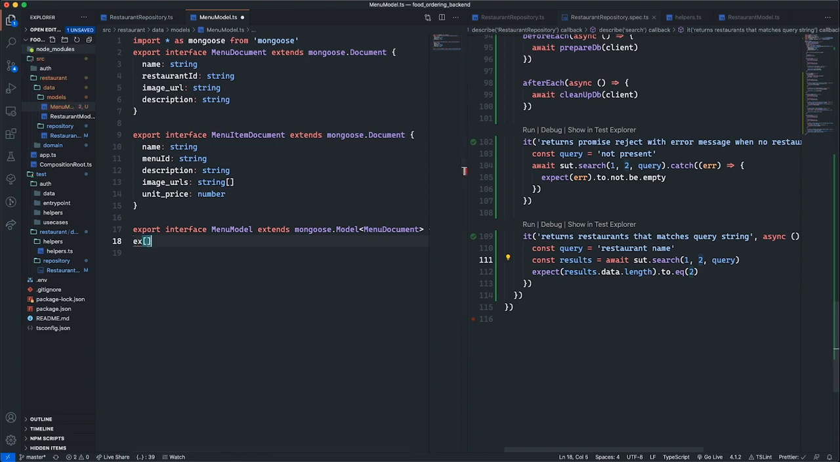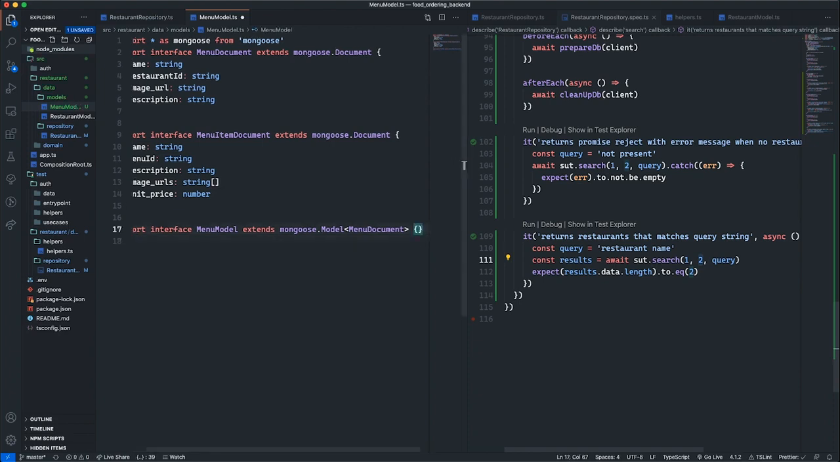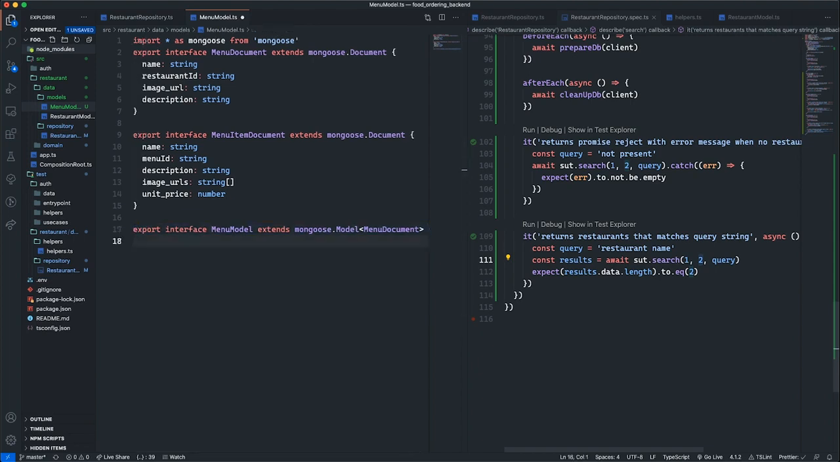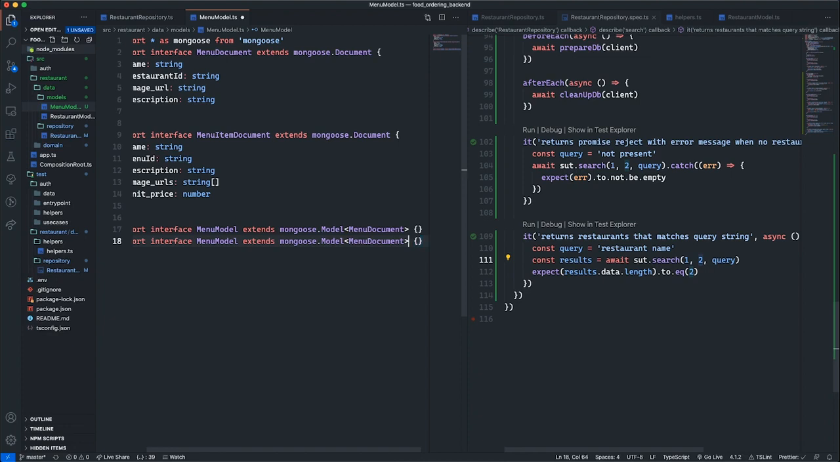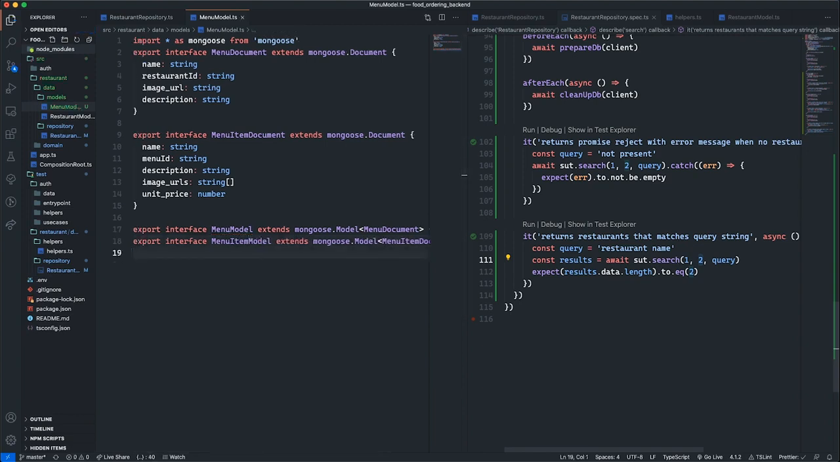Same thing with our menu item. Just gonna copy and paste this, change the document to menu item document, change the name of the model to menu item model. Now we need to have our schemas, so gonna say our menu item schema,